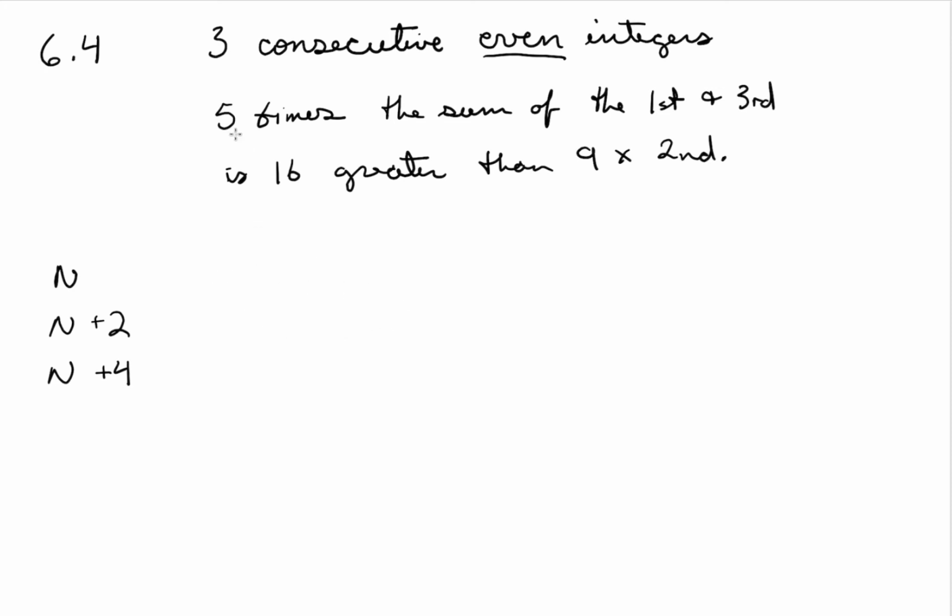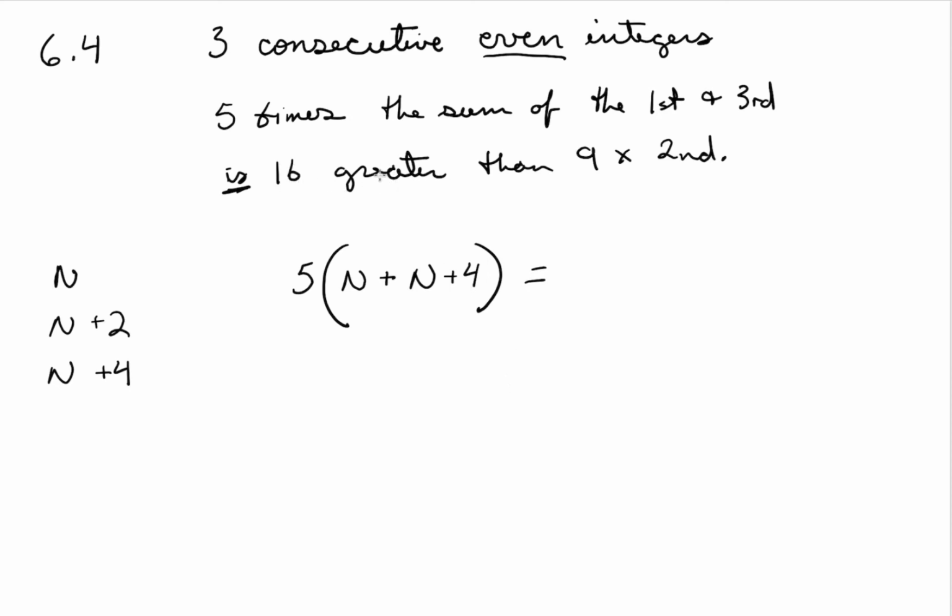All right. So 5 times the sum of the first and the third. So we're going to say 5 times the sum. The first number is n, so it's the sum, so we're going to add them. And the third is n plus 4. Right? So the first and the third, the sum of the first and the third. All right? That's this line right here. Is, that's our equal sign,